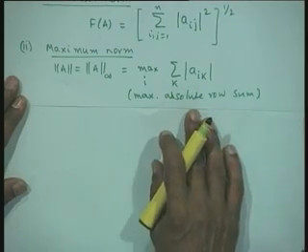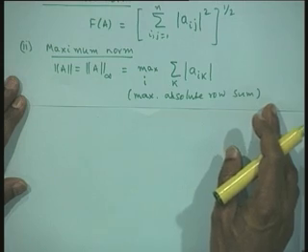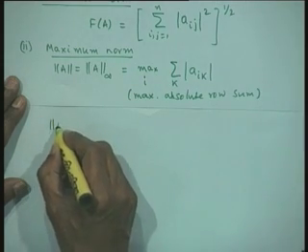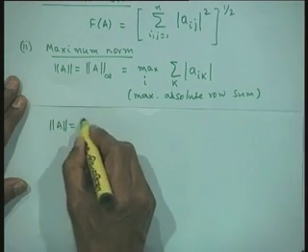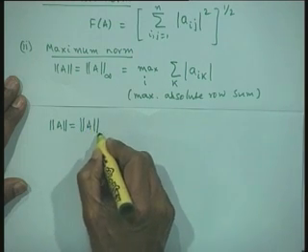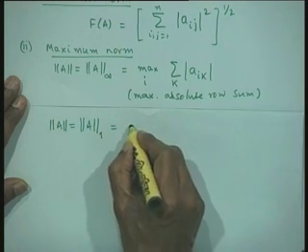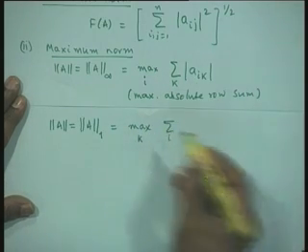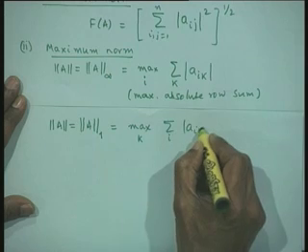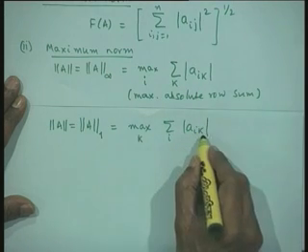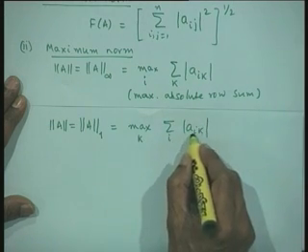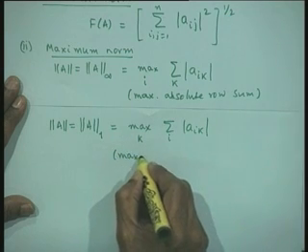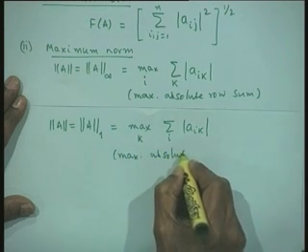If I can take the maximum absolute row sum, I should be able to take the maximum absolute column sum also. Therefore, that would give me another measure, which I would call under the maximum norm only, but with a different notation. The notation used is the maximum with respect to k, of the summation with respect to i of |a_ik|. Now I am taking the maximum with respect to the column, and I am adding over the rows. Therefore, this is the maximum absolute column sum.